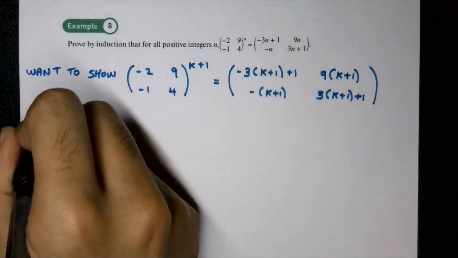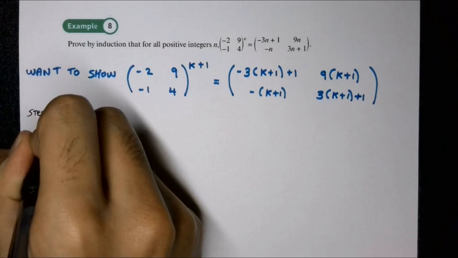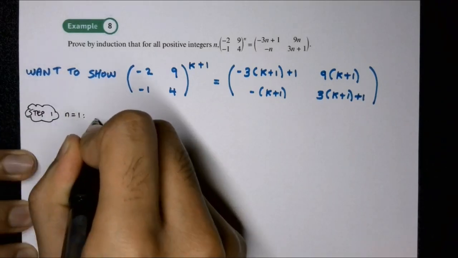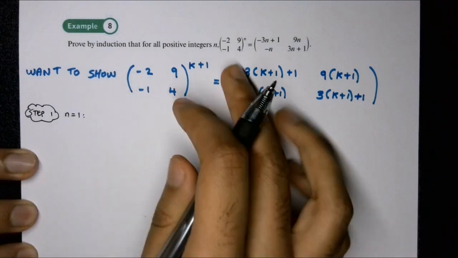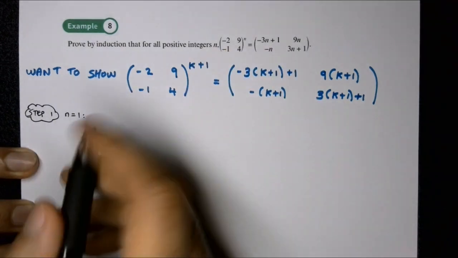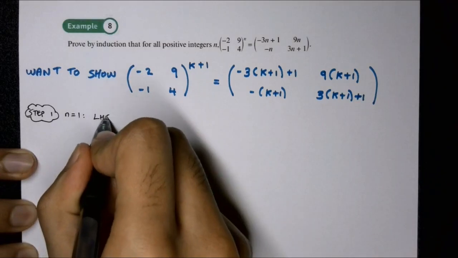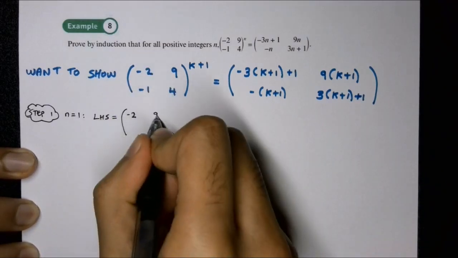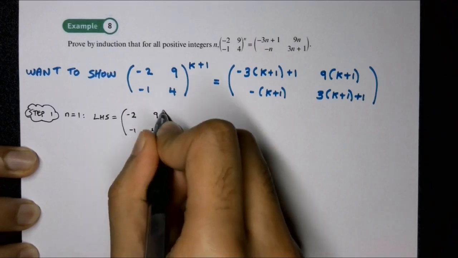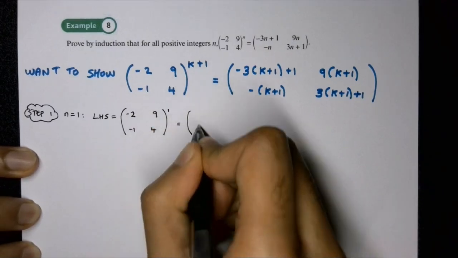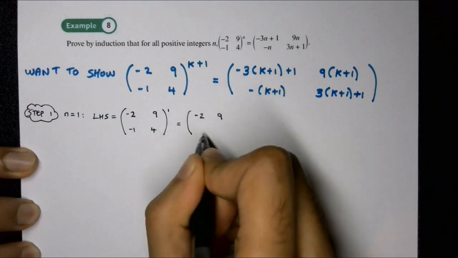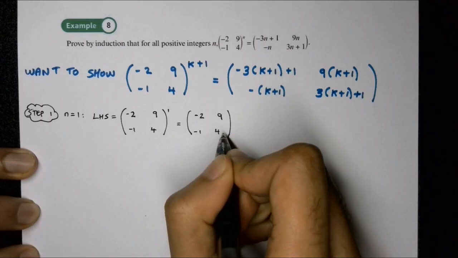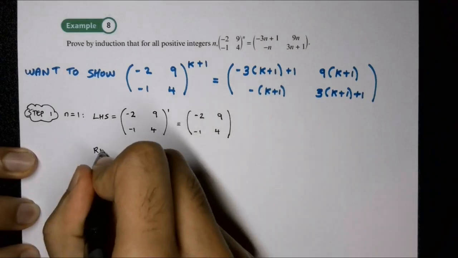Now, with our first step in a proof by induction question, we'll see what happens when n is equal to 1. So we substitute into the left hand side and the right hand side, and let's see what we get. So on the left hand side, we've got minus 2, 9, minus 1, 4 to the 1. This is equal to minus 2, 9, minus 1, 4. Okay? And on the right hand side,